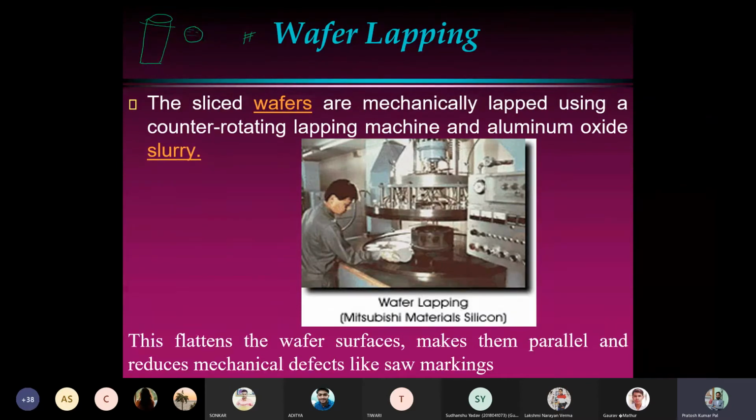Once we cut any soft thing, like suppose we are cutting a fruit with a knife, there are some marks left on what we have cut. There will be some mark of the knife blade, and if the knife edge has some roughness, there will be some mark on the fruit. Similarly, once we cut the wafers from the ingots, there may be some mechanical marks that can arise from using the diamond saw. To remove this type of marks on the wafer surfaces, we will perform a lapping process.